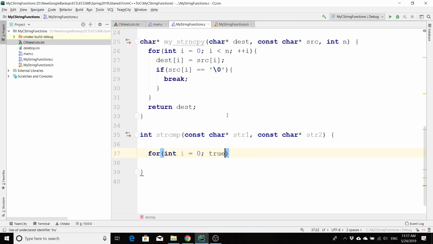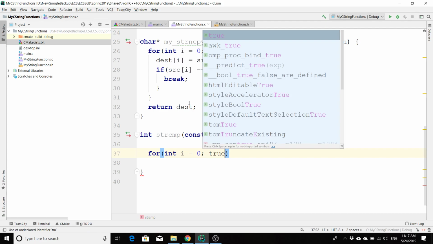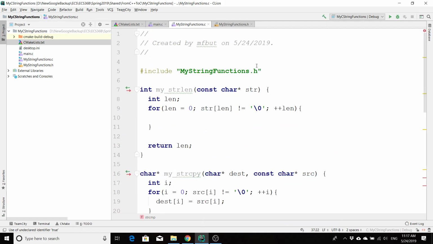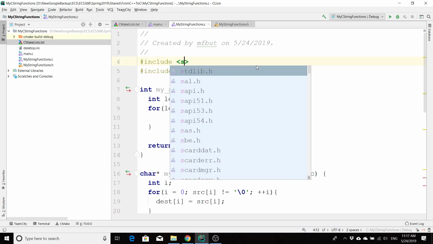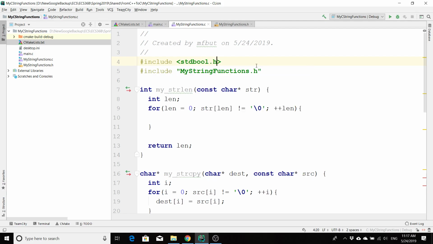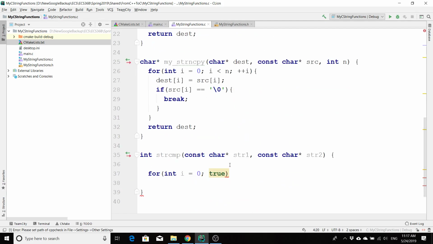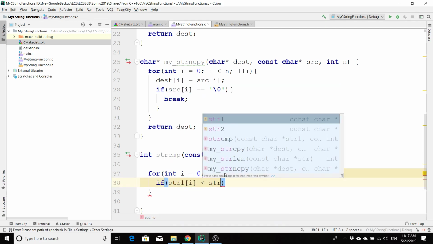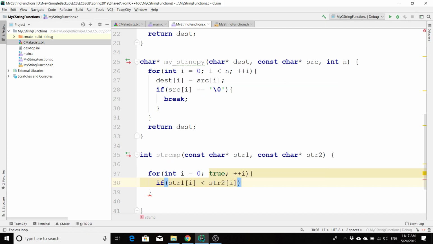So true is not actually a type. There's no bools in C++ or in C. So if you want to use bools, you have to include stdbool. That's where they're defined, and that's where true is also defined. So we might say something like, if str1 at i is less than str2 at i,